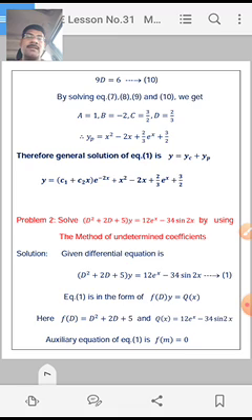From the first and last equations, we get the a and d values, that are a is equal to 1 and d is equal to 2 by 3. Substituting these two values in the remaining two equations, we get b is equal to minus 2, c is equal to 3 by 2.